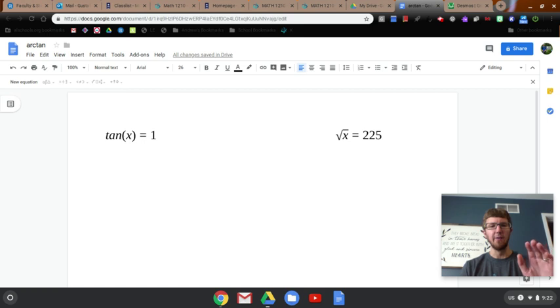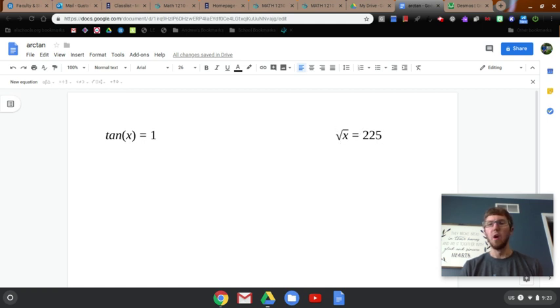So I've got two examples of functions here. The tangent of x equals 1, and the square root of x equals 225. I guess function is the wrong word. I've got equations here, and I'm going to use both of these to illustrate what arctan is. If we were going to try and solve for x, we know that the tangent of something equals 1, or that the square root of something equals 225. If I wanted to solve this equation over here on the right,